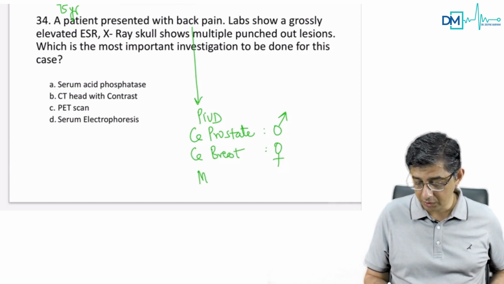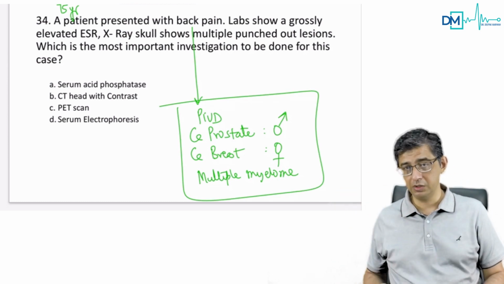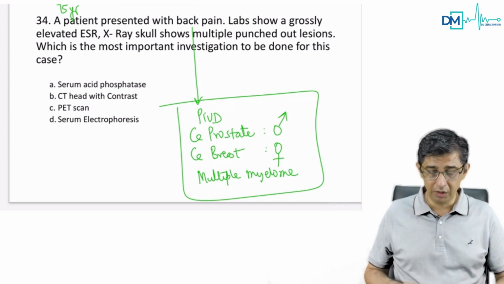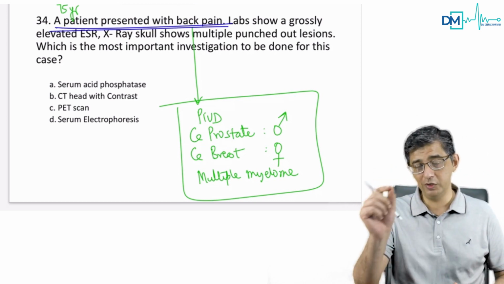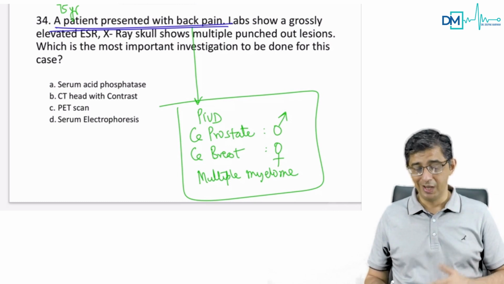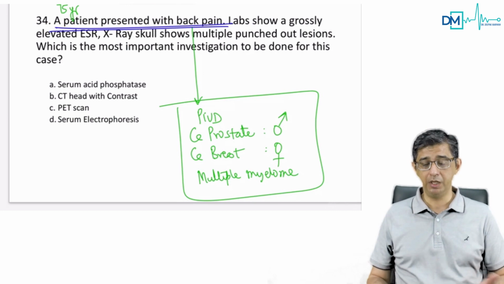And if these are not in the options, then the next cause to be thought of for severe backache in any person of geriatric age group is multiple myeloma. You go through the MCI questions of previous years, whenever he's talking about this statement, old man with back pain, it's always going to be four differential diagnoses. Either it could be disc prolapse due to faulty sitting habits, or it's a metastasis, or it's multiple myeloma.